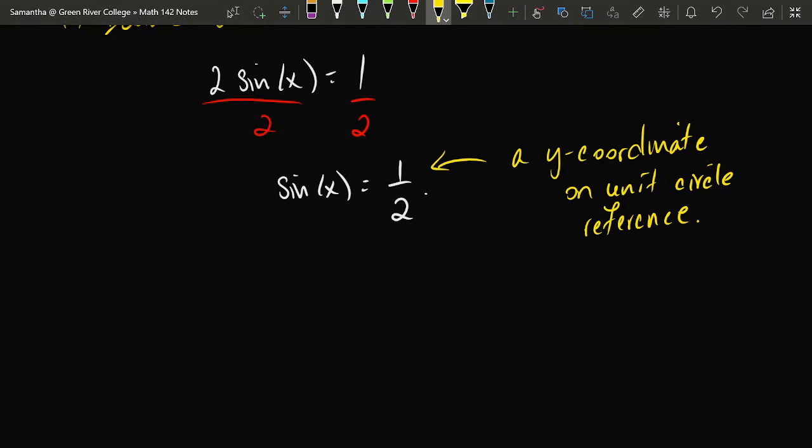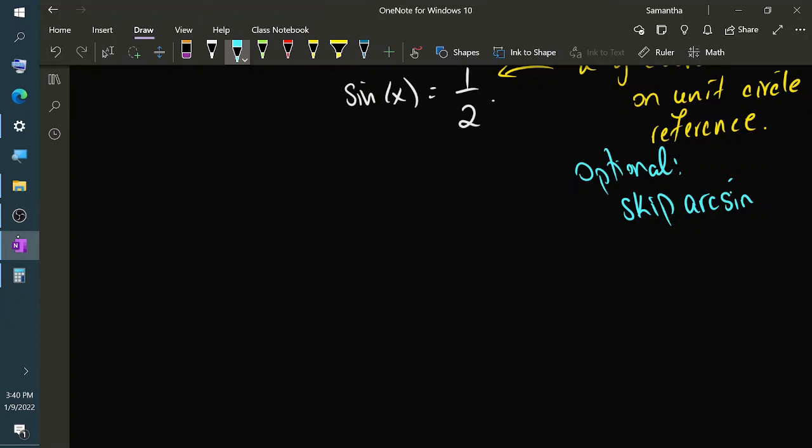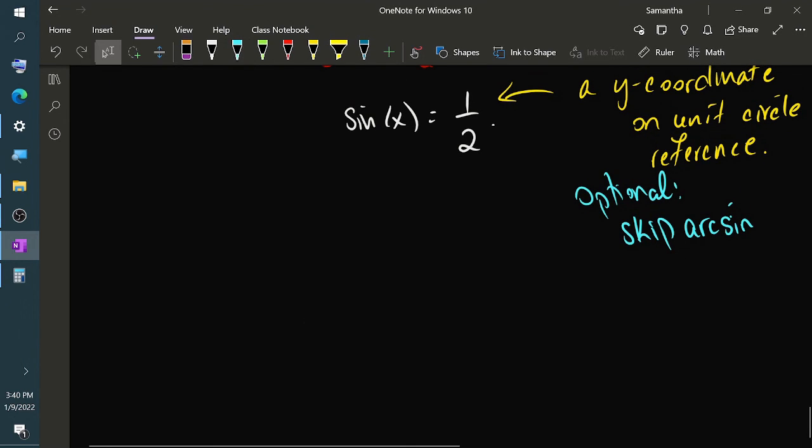So that means that we can find the angles at which sine outputs 1/2 without necessarily needing to use a calculator and the inverse sine function. So looking back at this circle, at what angles does sine output a value of positive 1/2? The first such location is over here at this pi over 6 radians in quadrant 1. Over here to the left side of the unit circle, which is located at an angle of 5 pi over 6.